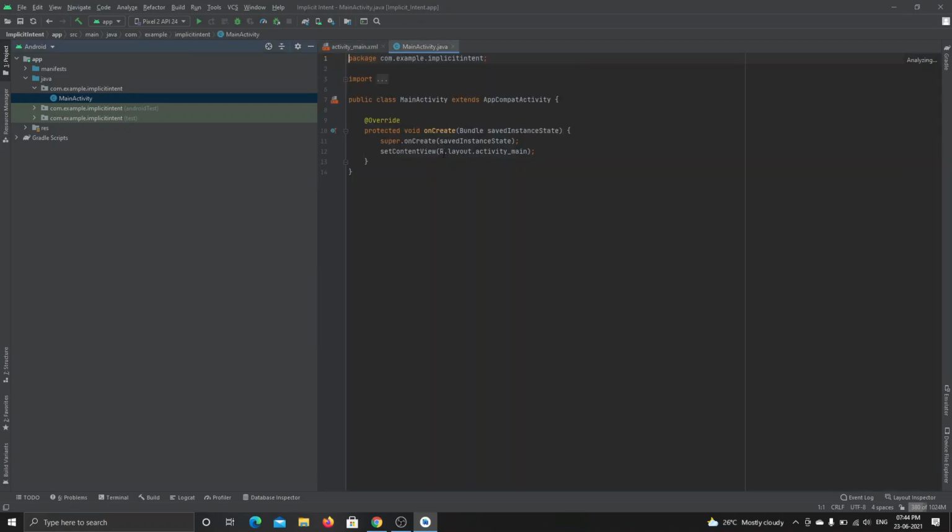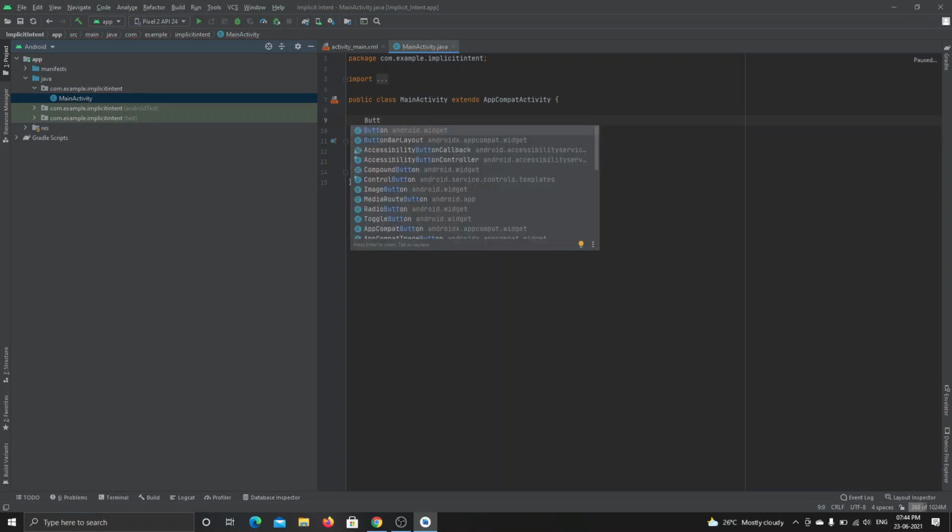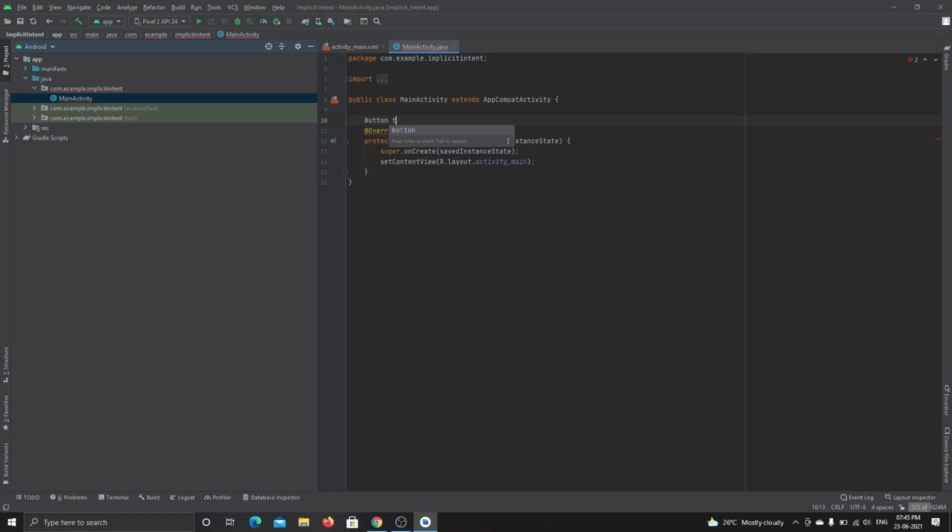Then I will go to this Java file, and first what I want to do is I will import that button here. I want to declare that button. There are four buttons, so let me declare one button. Then first one is call button, right? Call btn, then call frd btn, then map btn,